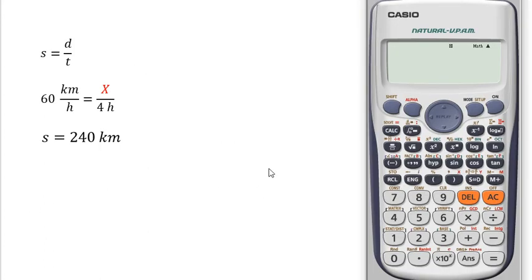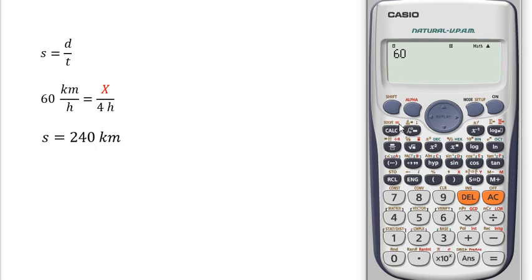Okay, so here we are looking at something simple. We are using the speed formula. I want to show you how to use the solver. When we are using the solver, we don't have to deal with the arithmetic and the isolating of the unknown. So we can just put 60,